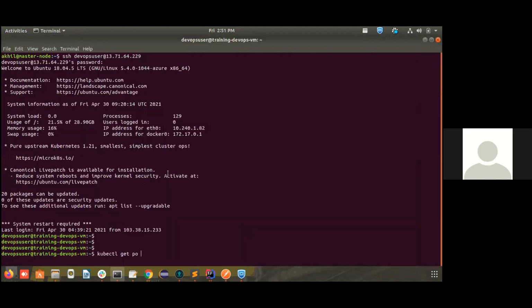So this cluster is divided into different namespaces. Each time we give commands to Kubernetes, we have to mention the namespace. Right now I have a namespace that is already created, called the training namespace, that is training NS. So I am running get pods. PO is short form of pods. I'm asking Kubernetes to list all the pods in this particular namespace, that is training NS.